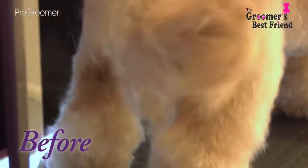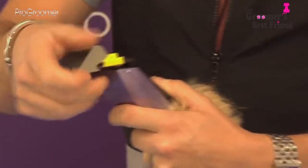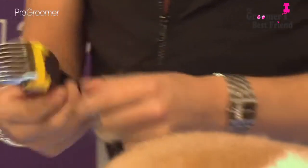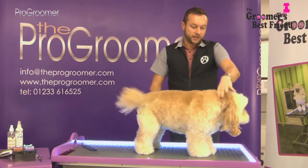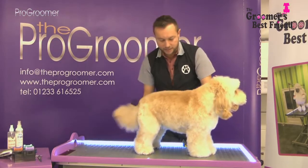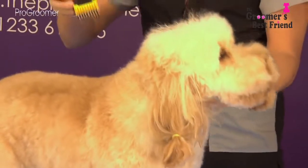I'm going to use the wall clipper today and I'm going to take the yellow comb attachment, just slip it onto the clipper, and we're just going to clip her body off first of all, and it's set down to the 30 setting. So we'll start at the back of the head there, and we're going to work our way down the top line and take it to the root of the tail. So just clip it in nice long straight strokes, let the clipper do the work for you,